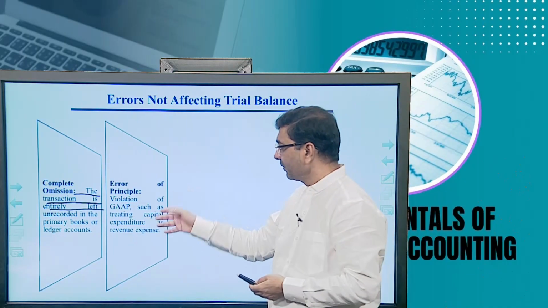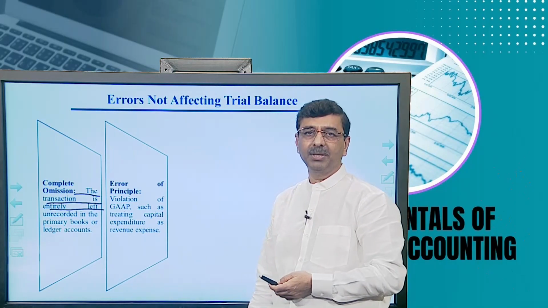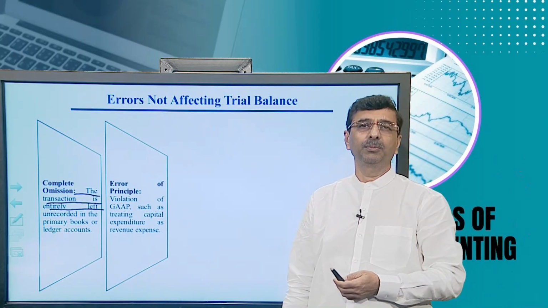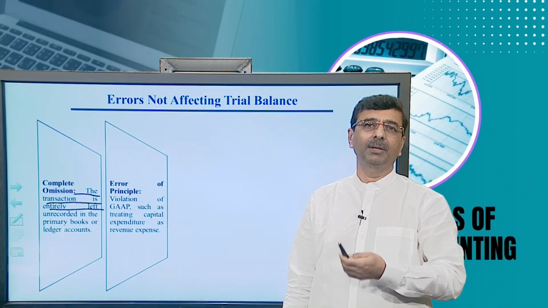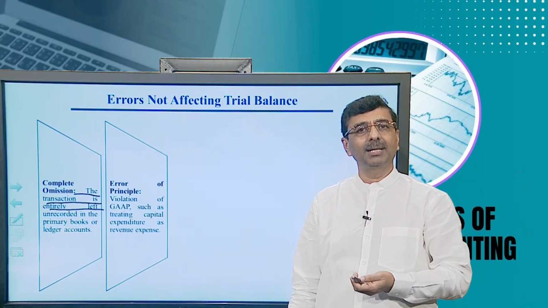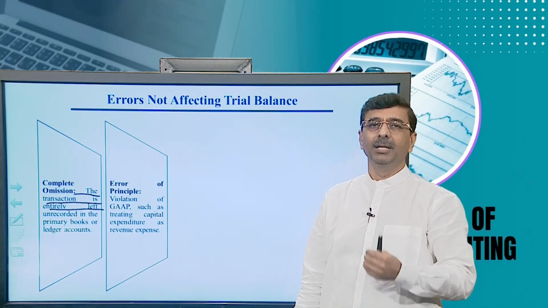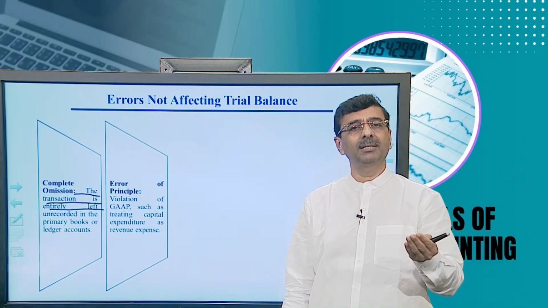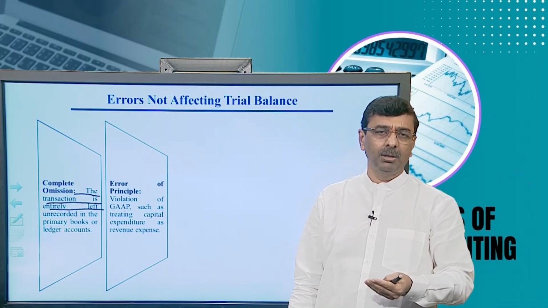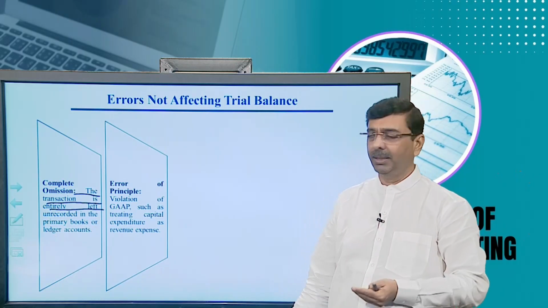Then error of principle, violation of GAAP, such as treating a capital expenditure as a revenue expenditure. It means that suppose you purchase 5,000 rupees of furniture which has been treated as a purchase. The furniture is considered as an asset, suppose they are not doing a business of furniture, right? So in case the furniture is considered as an asset for the organization, but it is treated as goods, or it is treated as a purchase account, then it has to be rectified